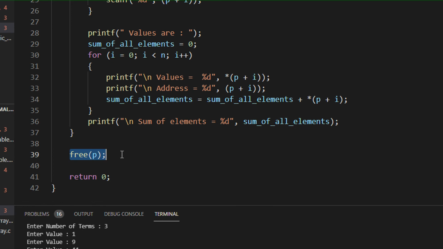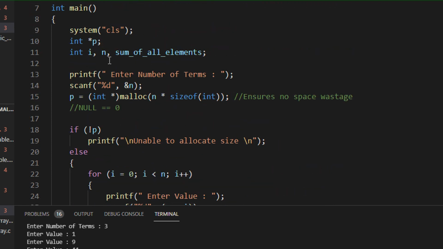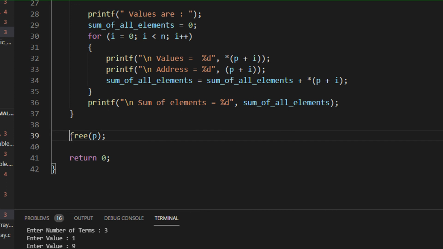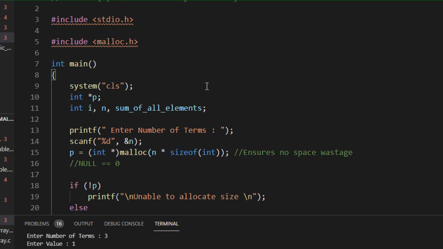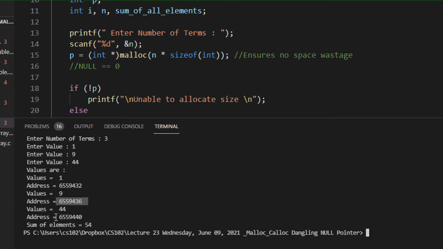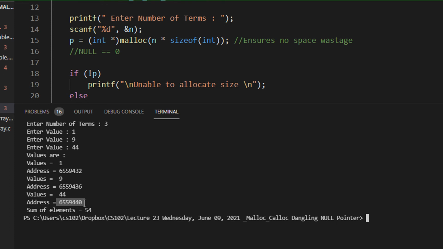I need not individually clear all the memory locations. Why? Because p is a pointer and all the memory allocations are done with respect to p. So p knows from where to what point you need to clear the memory. This is a very good example where you realize how you can use malloc to overcome the array deficiencies. And as you can see, just like arrays, they are stored in consecutive memory locations.